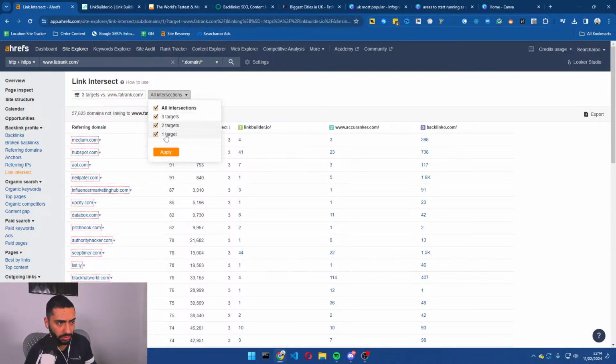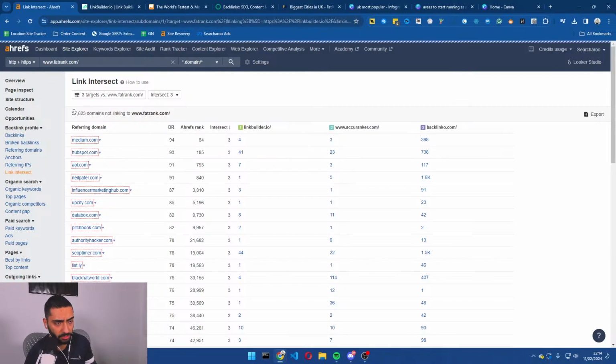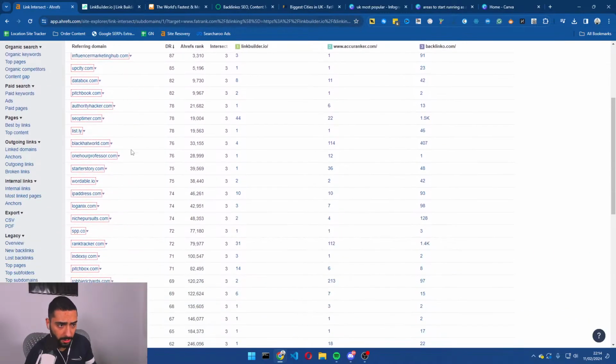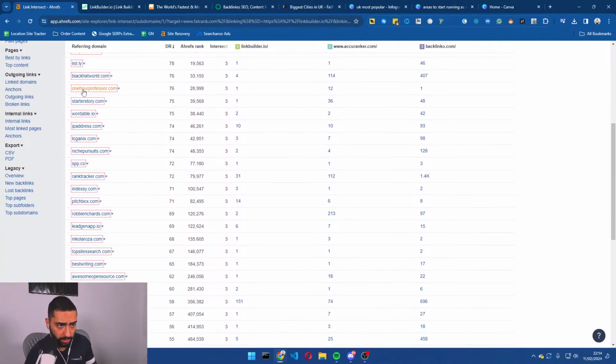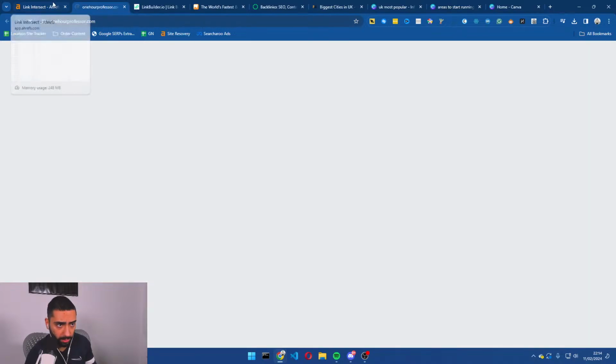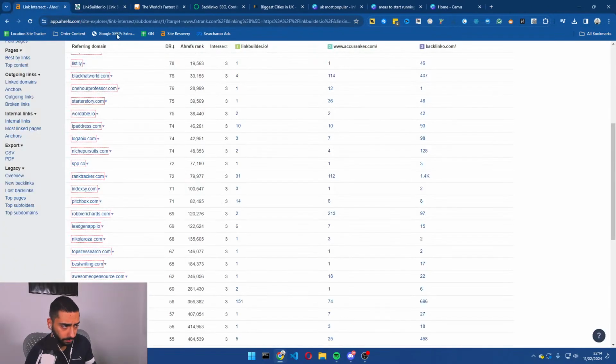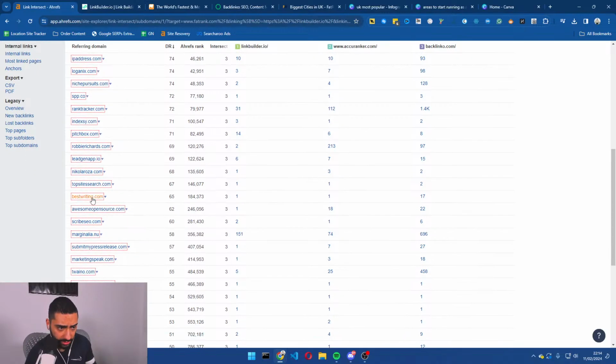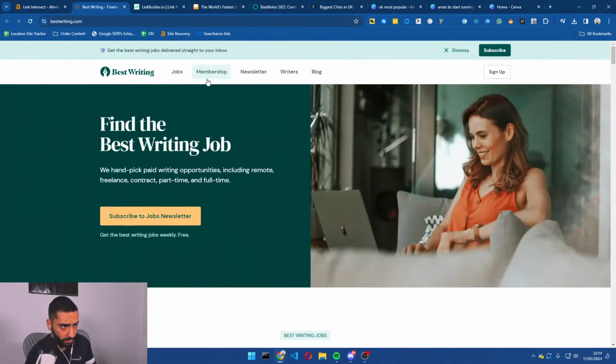So then I'm just going to look at 3 targets, click apply. So we're going to go from 57,000 links down to 146. Then what we can do, so we've got 1 hour professor. So we've got quite a few different websites to essentially do some outreach to.